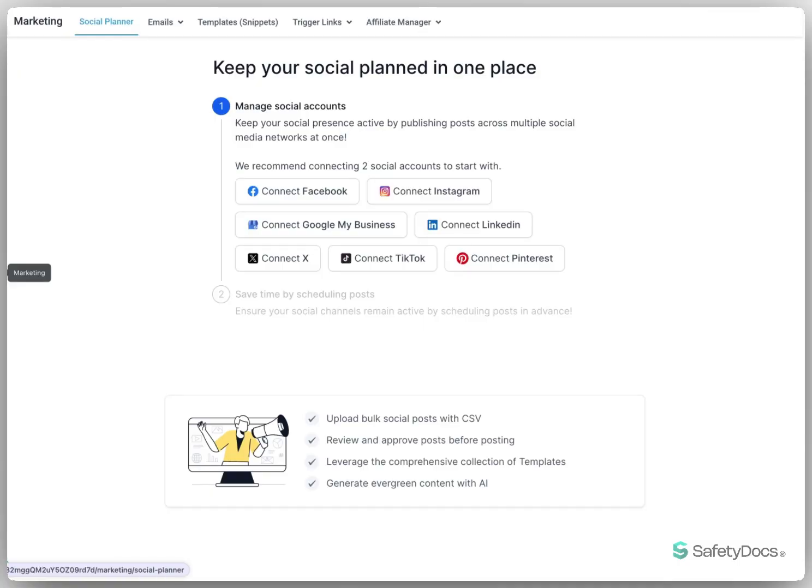You will then be greeted with a page and the details of which accounts you can connect. These include Facebook, Google My Business, Instagram, LinkedIn, X, TikTok, as well as Pinterest. Each one of these buttons will take you to the login page in order to grant your account access to